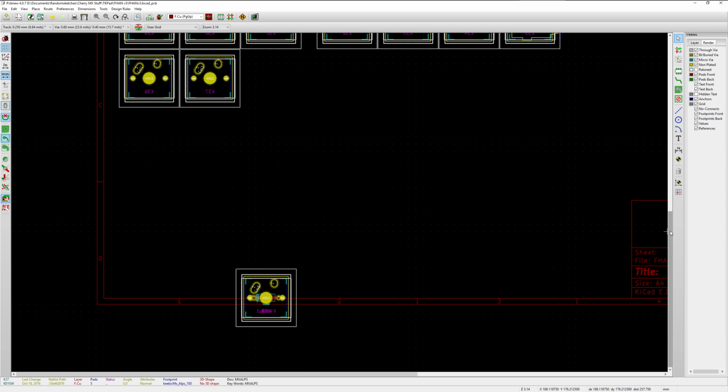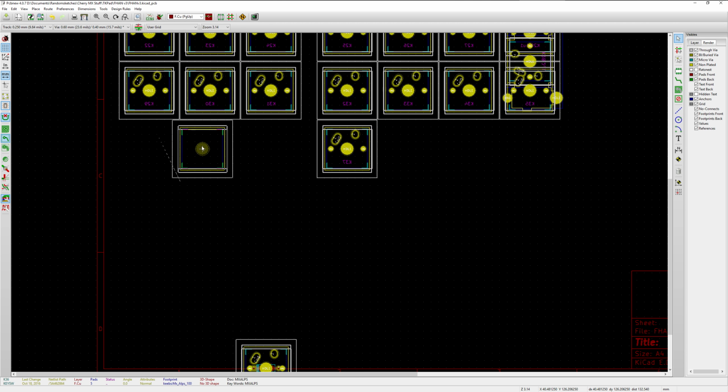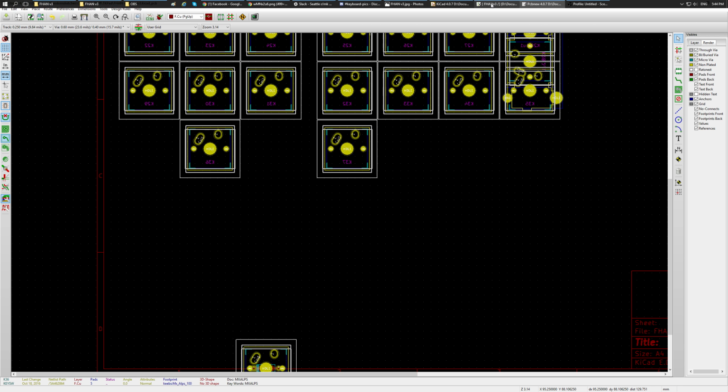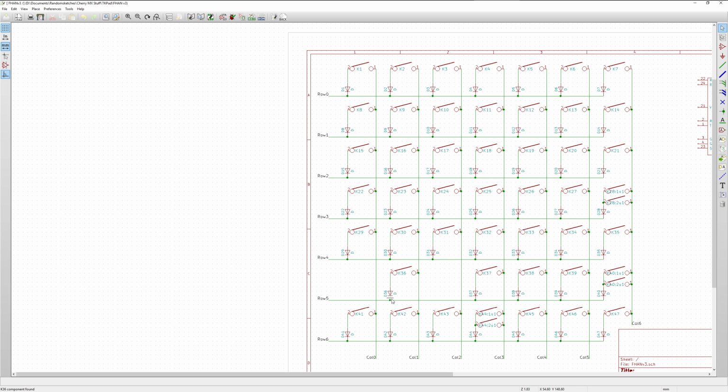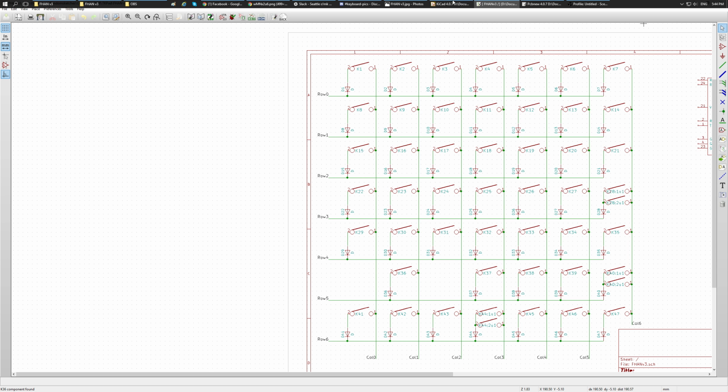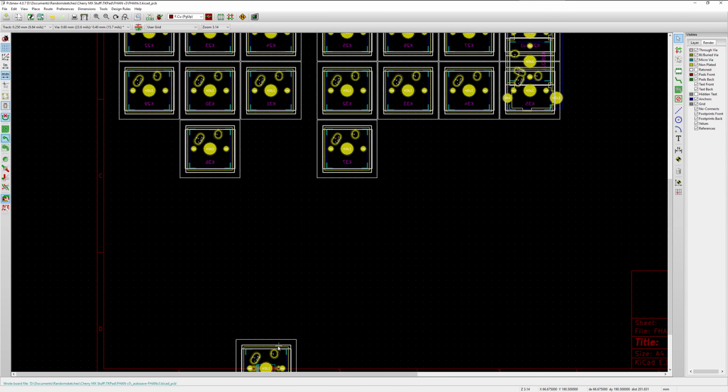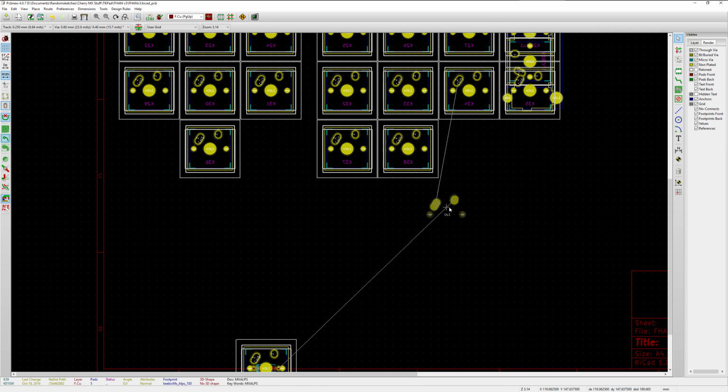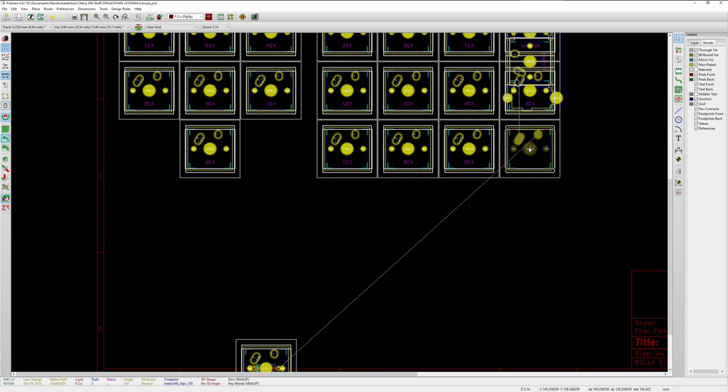Right, so this is the arrow keys now. This is where it's important to make sure we know what we're checking out. So key 36, go back to my schematic, key 36. Excellent. We're back again, 37, 38, 39, and this should be 41U. 41U, fantastic. Then we've got 41,